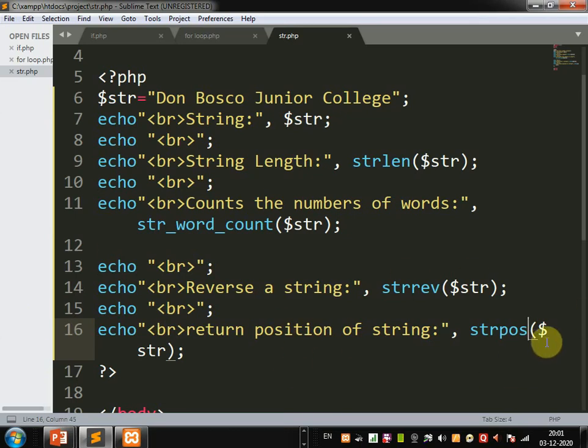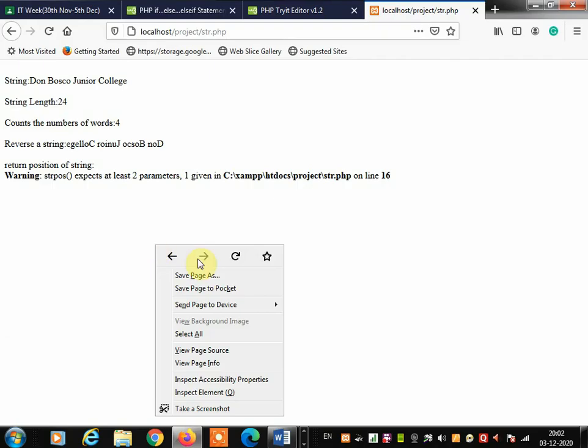Once you save, you can check the output. In strpos we define the word whose position we want to find. I am going to find out the position of the word Bosco, so I write the word Bosco here. Save, check the output, and refresh.